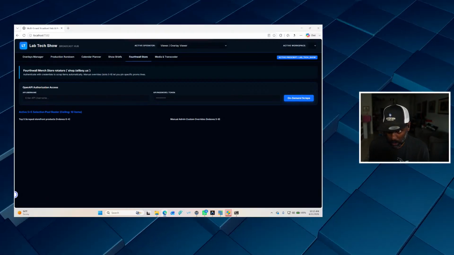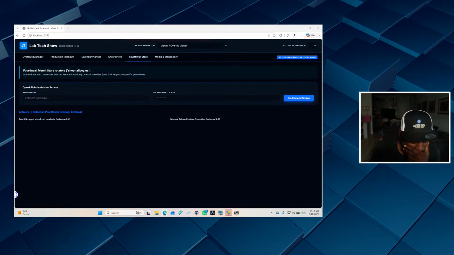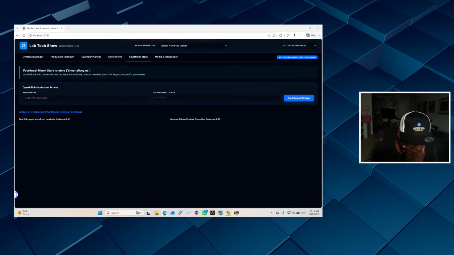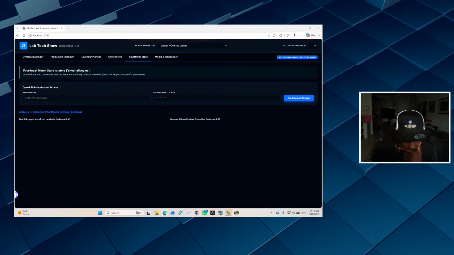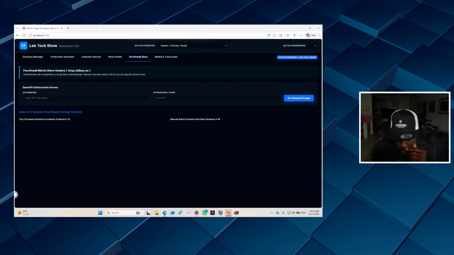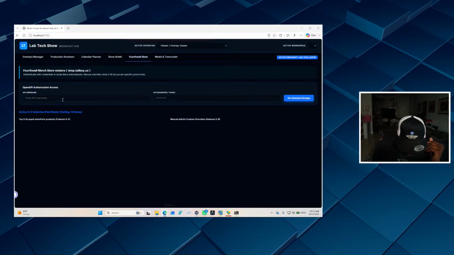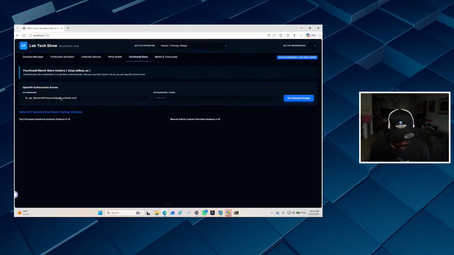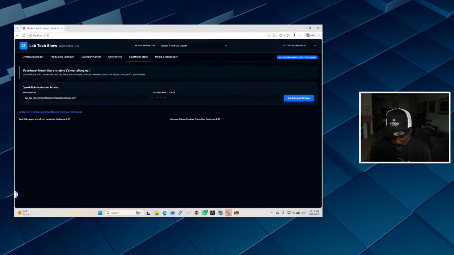Let's just log in and see if it works. Go into our settings. And this is some back end stuff right here for developers. Okay, let's just copy this code here. And then we're gonna get this here.